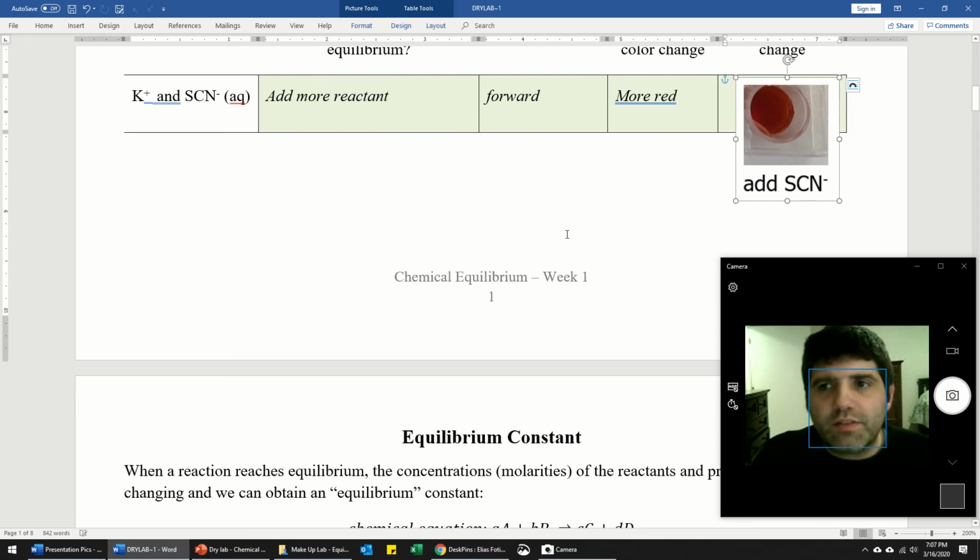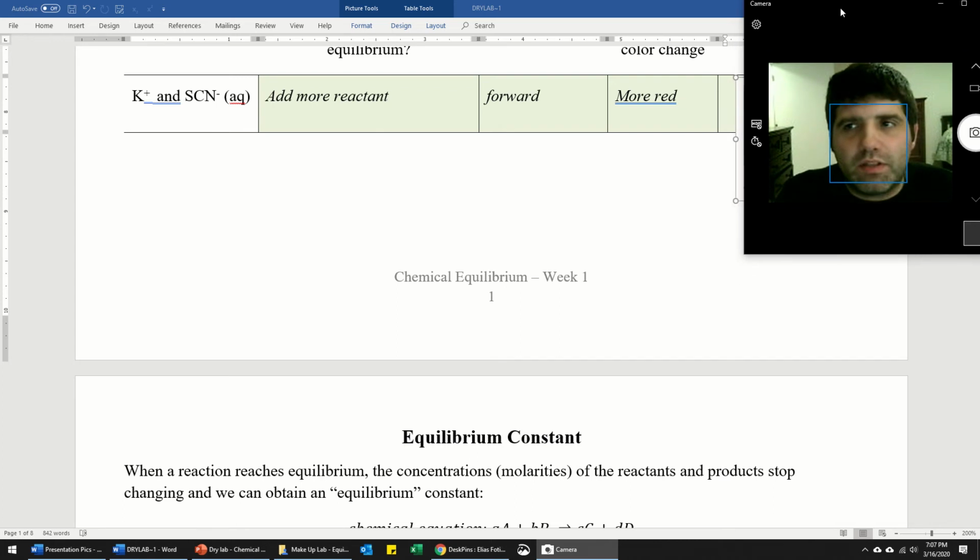There it is. So indeed, it does become more red. We disturbed it at equilibrium by adding a reactant. It responded by making more product, and so that's why the color becomes slightly more red. All right, now